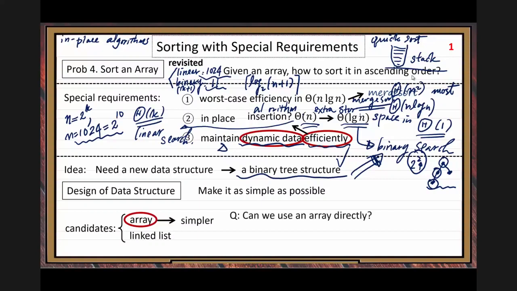Simpler for the question. Can we use an array directly? If you want to use an array, then you need to do some more work. If you use an array directly, how can you build a binary tree inside an array? Because we need a binary tree structure in this data structure. But we couldn't find a binary tree inside an array. It looks reasonable for the linked list because linked list